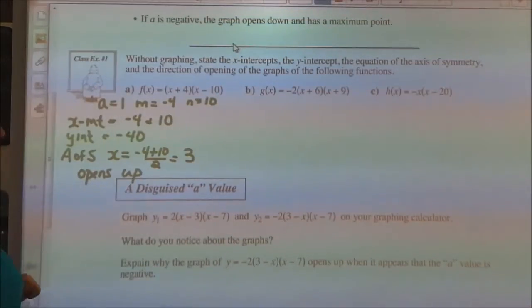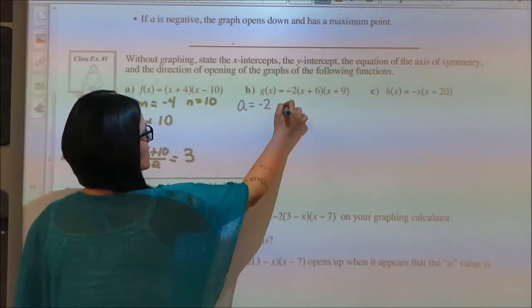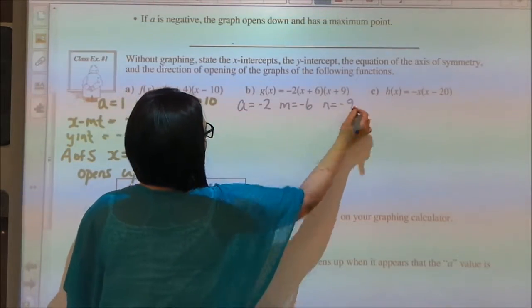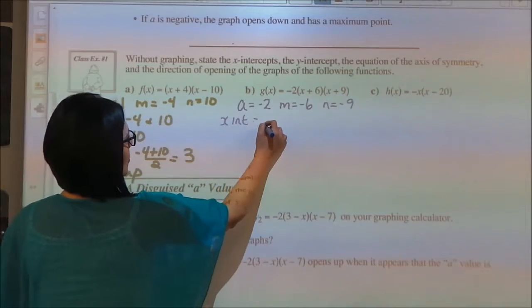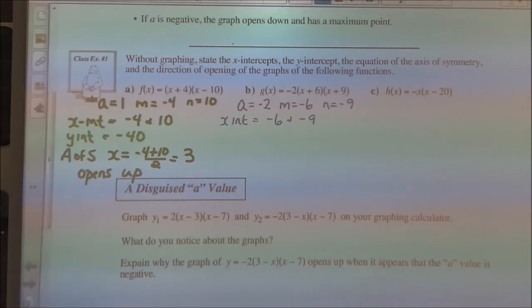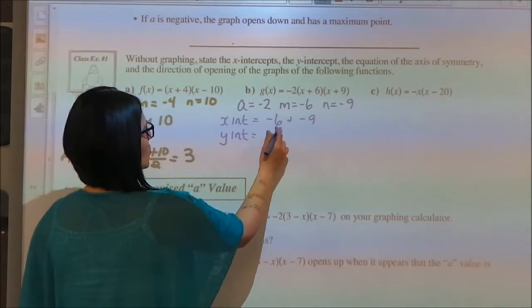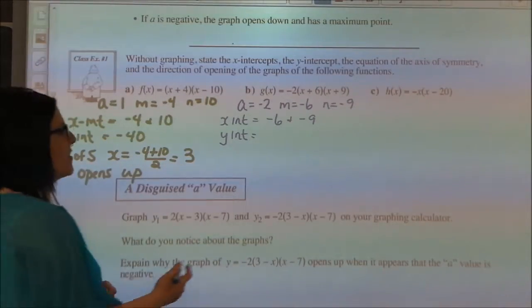Okay, so if we look at B, again, we're going to list off. A is negative 2, M is negative 6, N is negative 9. So my x-intercepts will be negative 6 and negative 9. My y-intercept will be to multiply these three numbers together, which will give me negative